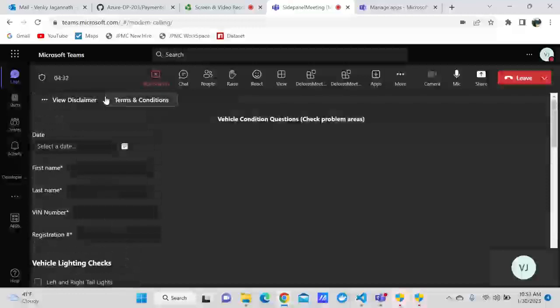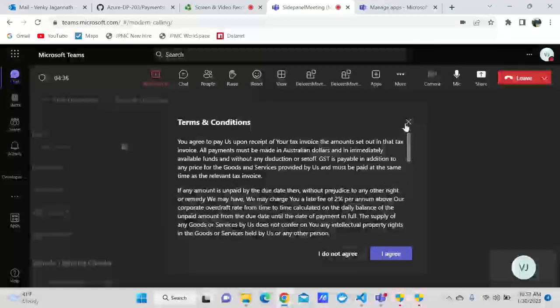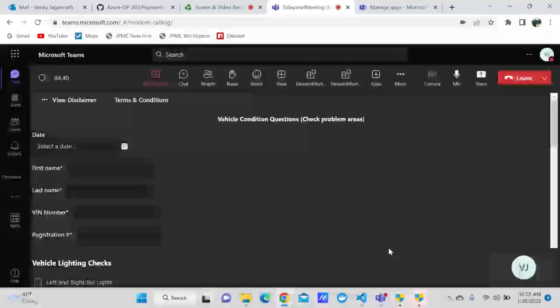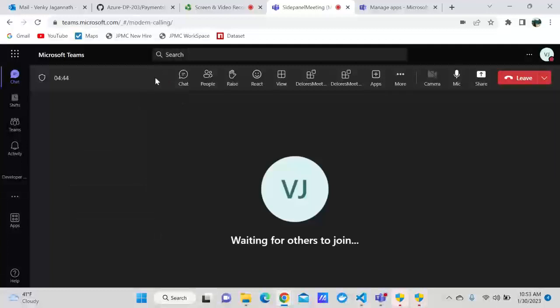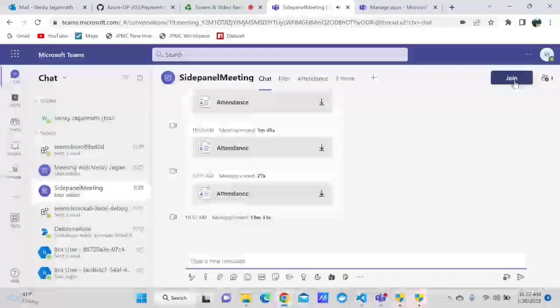And then the view disclaimer, you can see that, and the terms and conditions, right? So it walked through all this, but I wanted to show you this in case you didn't watch that video. Maybe something to really quickly see, right? So that is pretty much it. That will round off the entire infrastructure and whatever we're planning to do, at least for this hackathon. So the other one